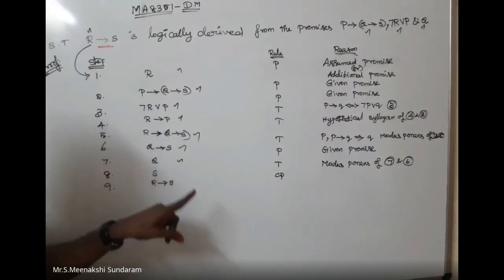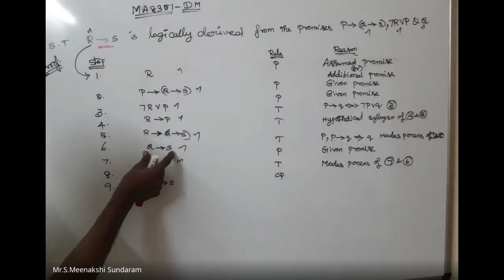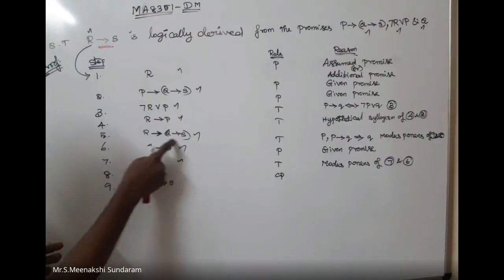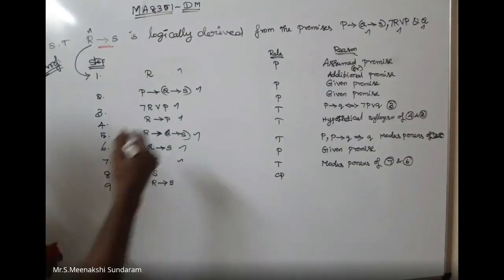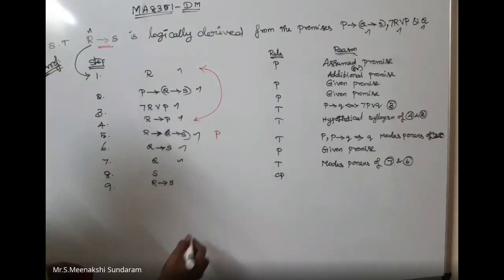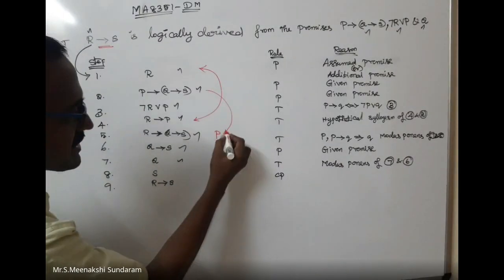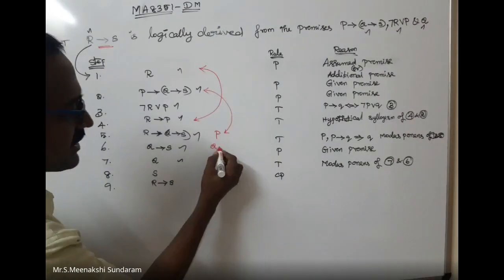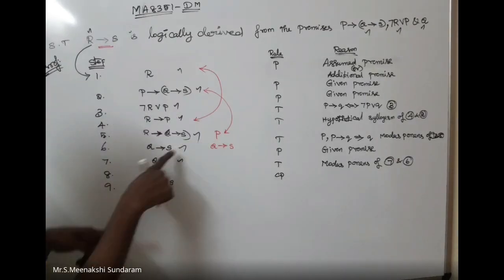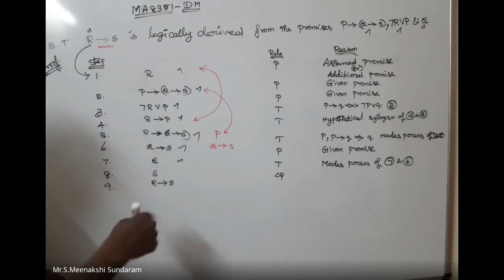That is also possible. We can get the answers. The same Q tends to S. The reverse method: R tends to P, in this place you can write P. These two things you can combine. Here I can write the answer is P by modus ponens. Then with these two I can write Q tends to S, and again apply modus ponens. Final answer, I got it. That is also applicable. That is one of the ways.